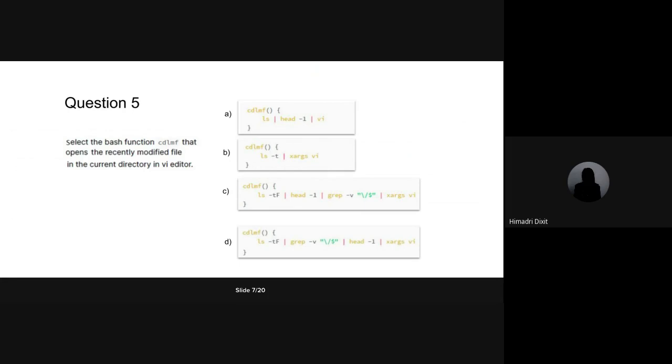In these cases also, if I'm doing these commands in a pipe, the pipe is returning something. This command is returning something. If I just write vi, it won't work with that. You have to pass it as an argument. So xargs is for that.